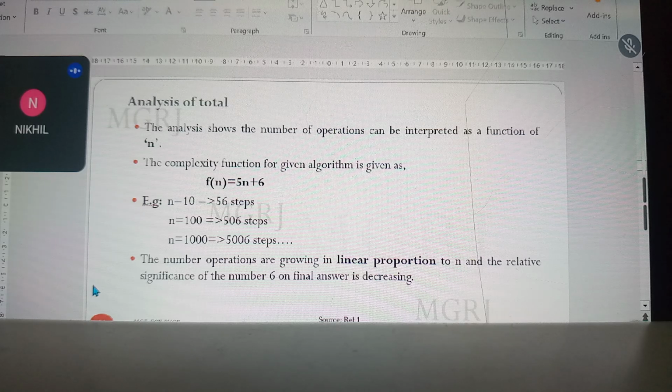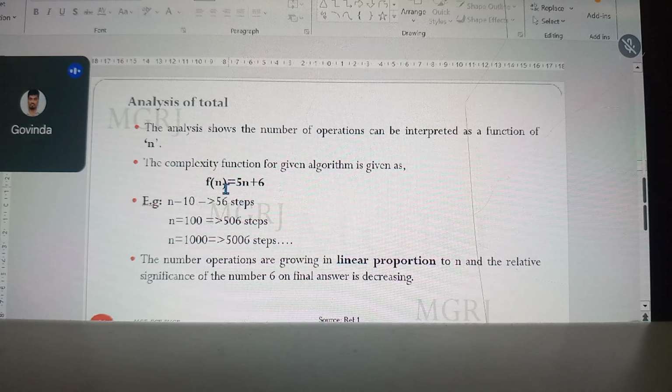Yes, sir. To understand this, I have taken certain values for n. For n equal to 10, the number of operations for the given program segment is 5n plus 6, which gives 56 steps. For n equal to 100, it gives 506 steps. Similarly, for n equal to 1000, it gives 5006 steps. Now we can see as n increases,